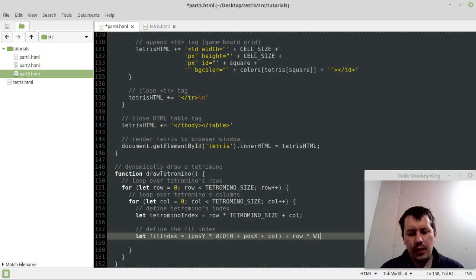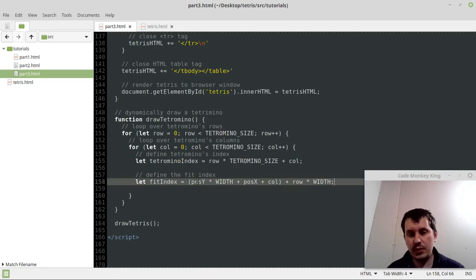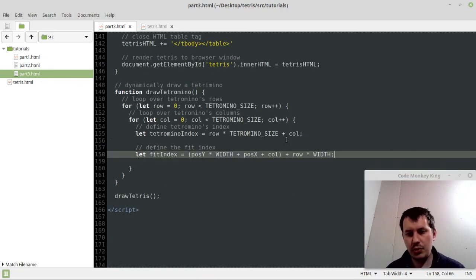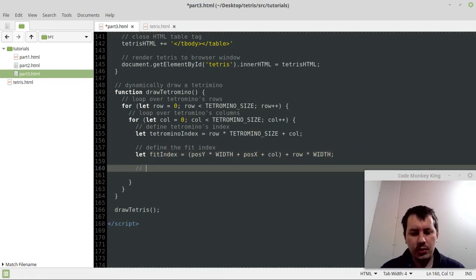So it's just a formula. You can check this out. I'm not going to be diving into the math because I'm stuck in math completely, but this is the formula I came up with using the trial and error method, which works like a charm. All right, and finally the most essential thing, we actually want to fit or render